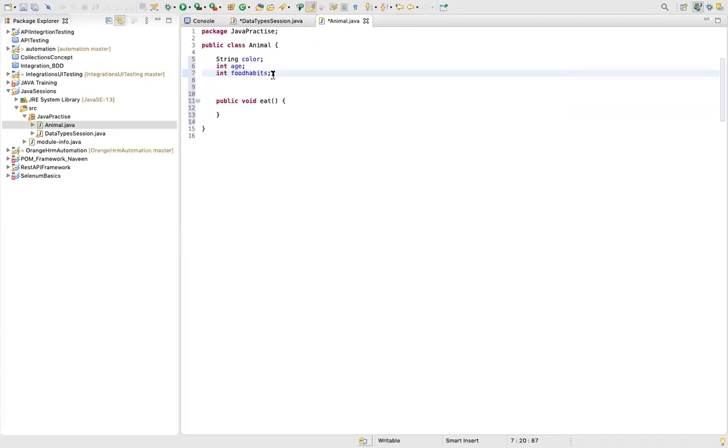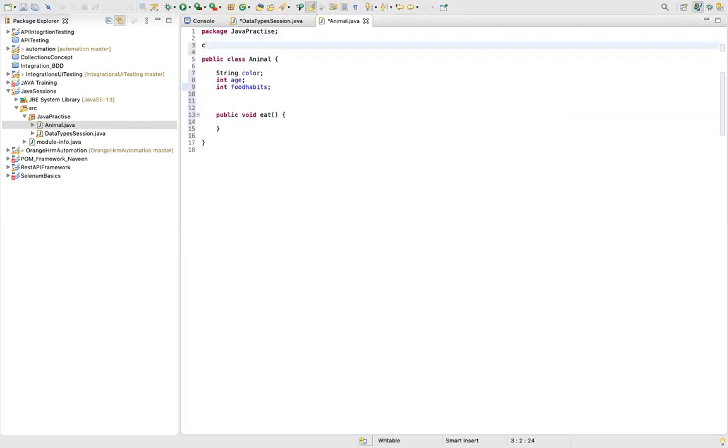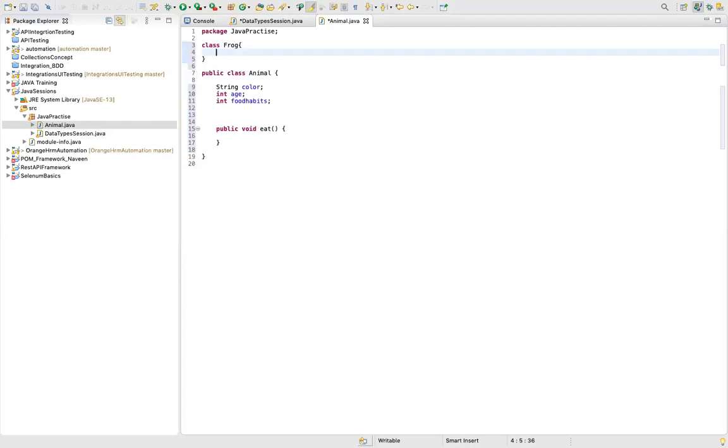So let's do one thing. Let's try to create one more class over here. We can have multiple classes in the same file. Are you getting my point? The only thing is we do not usually practice this, because the standard says you should have one class in one file, and it's easier too, since from the file name you can get an idea of what exactly the class is.